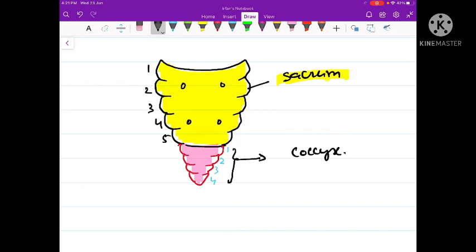So we have seen that our vertebral column is formed of 26 serially arranged bones, which are called as vertebrae, and our vertebral column is represented by a formula called as the vertebral formula. So in the next video we will take up the third component of the axial skeleton, that will be the rib cage.